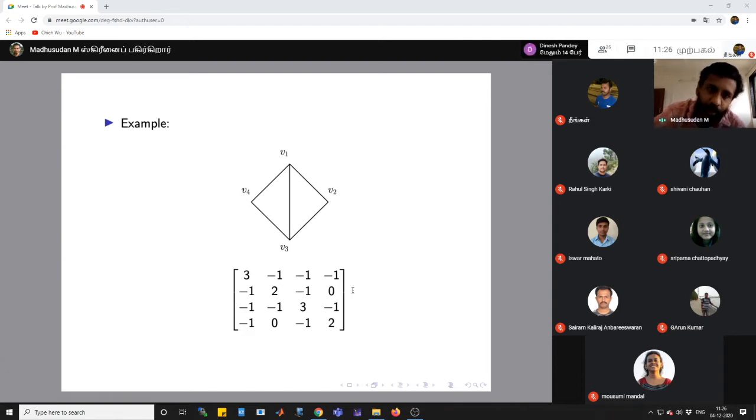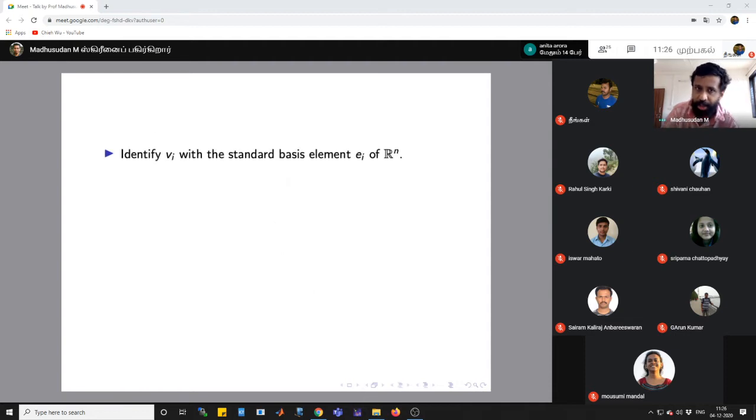Right? It has one edge to V1 and V3, but no edge to V4. So hence you see this row here, and so on. So by construction, this is a symmetric matrix. Okay, and in fact, it's a positive semi-definite matrix and so on. And there's a theory, the matrix tree theorem, that you may have seen. We'll encounter that in a bit soon. So this is a very useful matrix to study